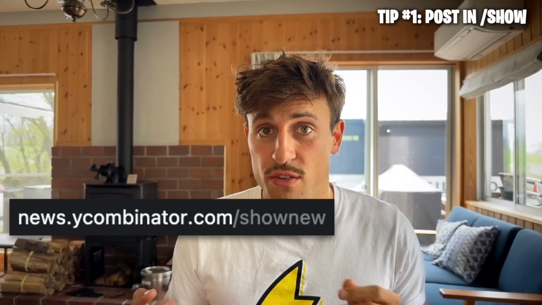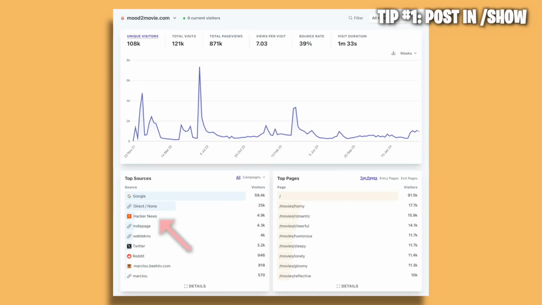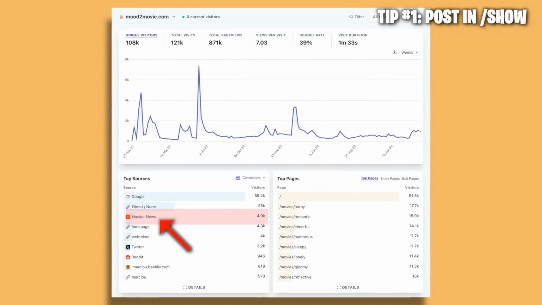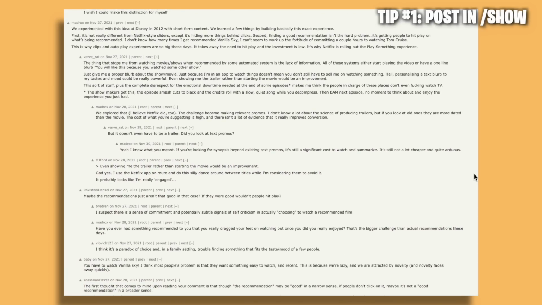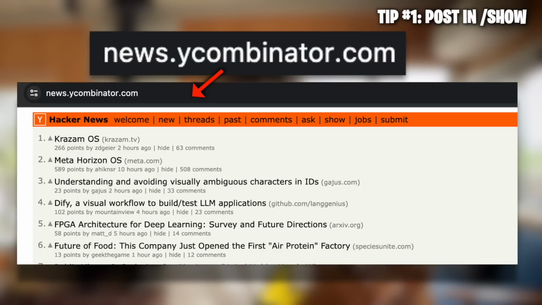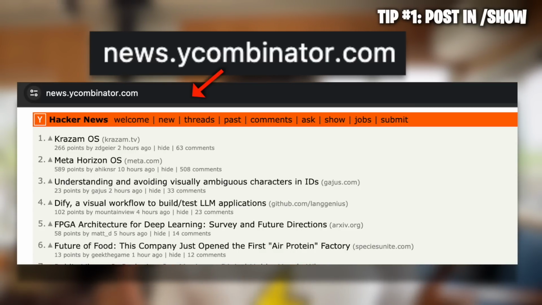If your post is promoted to the /show category, you will get a bunch of traffic, couple thousands of traffic, as well as a lot of comments and feedback from the community. And sometimes, if you're very lucky, your post will appear in the / category, the main homepage of Hacker News. I've never been there, but I've seen some other indie makers reaching that stage, and you get crazy traffic.